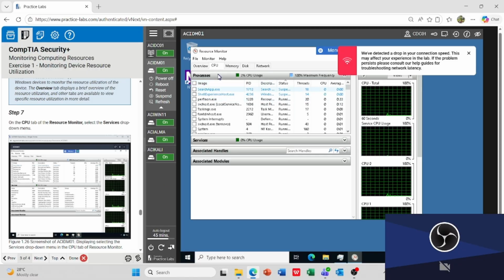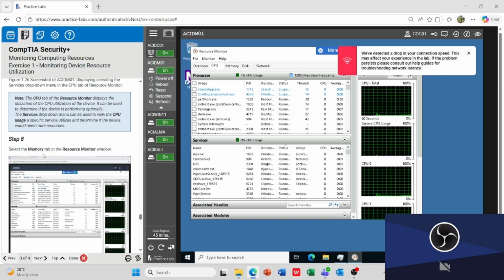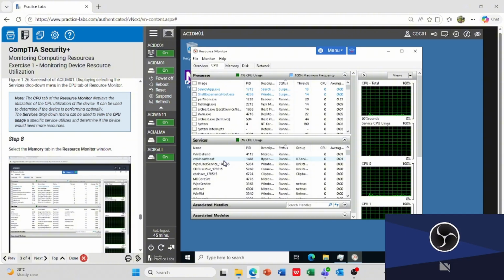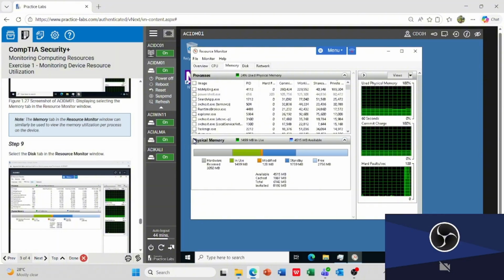In the CPU tab of the resource monitor, select the Services drop-down menu. Select Memory. Select the Memory tab in the resource monitor. Take note the Memory tab in the resource monitor window can similarly be used to view the memory utilization per process on the device. Select Disk,